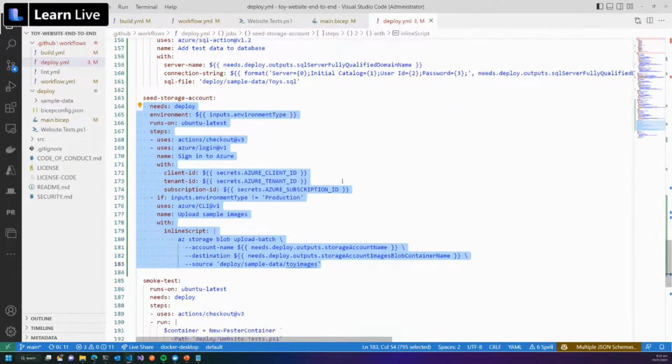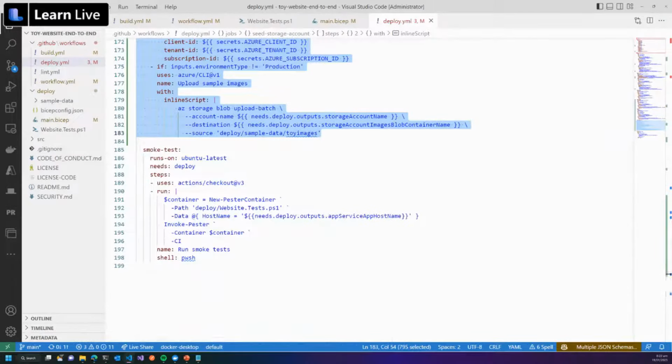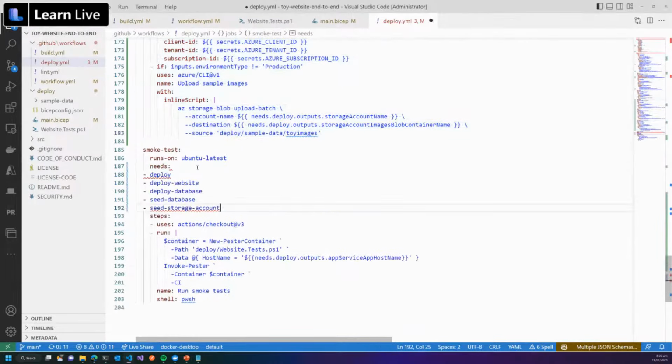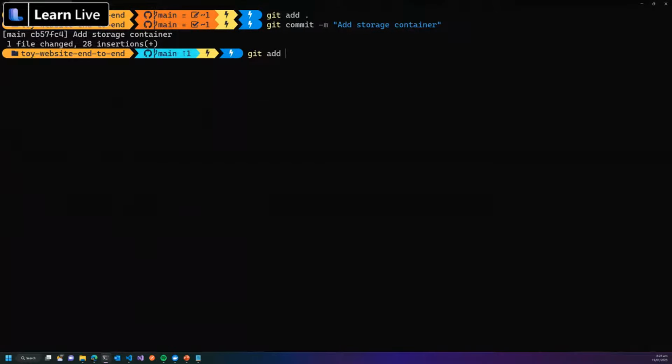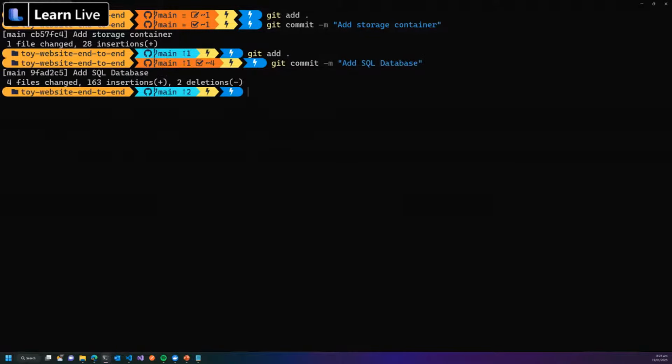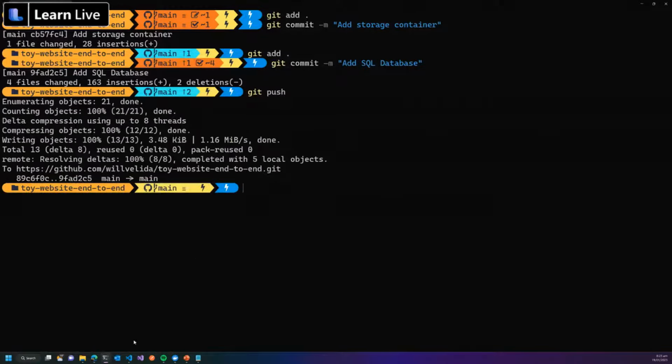Awesome. And then finally in our smoke test job, we need to update all our job dependencies to make sure that they run after all of those jobs have been successfully completed. Love it. Fantastic. So I'm going to assume I've done everything right. If not, GitHub will complain at me, which is kind of cool. And I'll go back into my command prompt, PowerShell prompt, sorry, and I'm going to just add those changes and push those up. So once that's pushed up, that should kick off